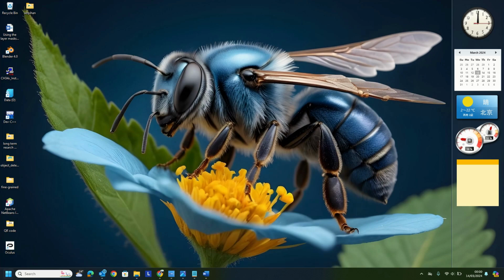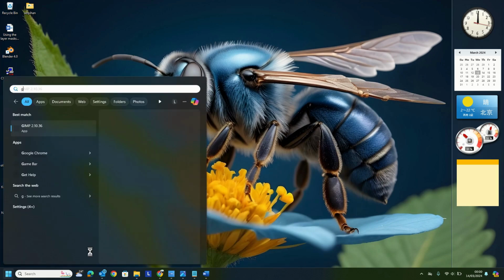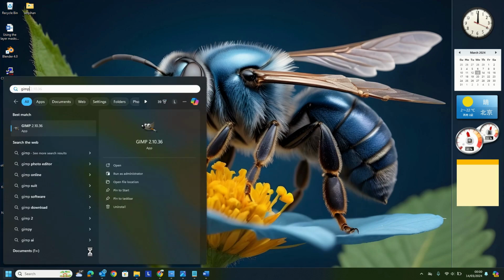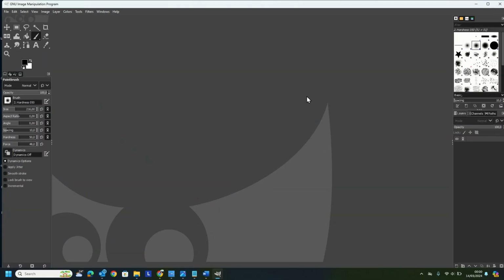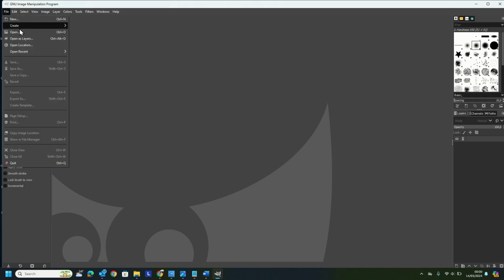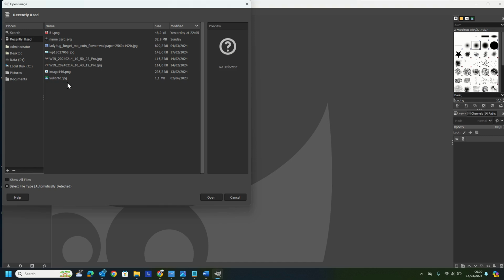Please open your GIMP. Then insert your picture by clicking File, then Open, select your photo, and click the Open button.